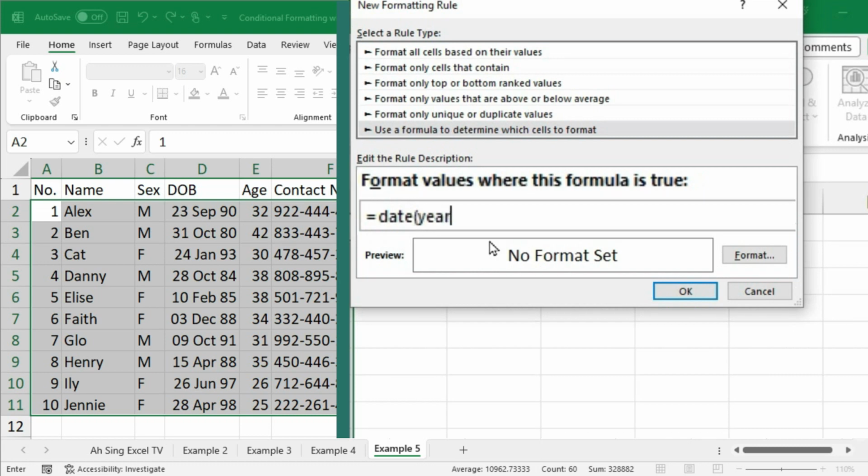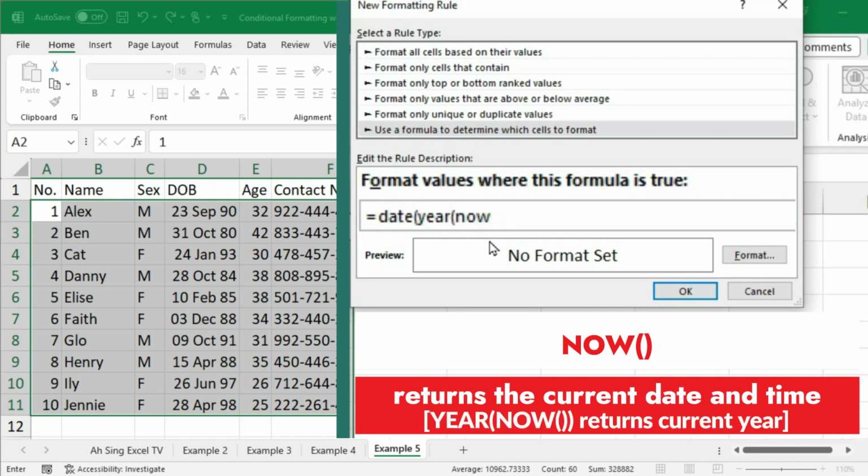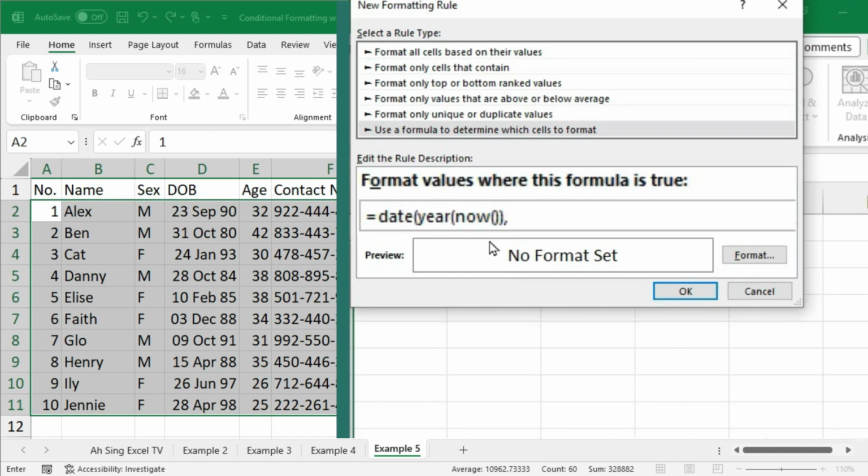So for the year, let's take YEAR, opening parenthesis, use the NOW function. Remember to include a set of parentheses for the NOW function, and now closing parenthesis for the year, make a comma. The second argument is the month, so we should have the month of the corresponding cell, which is always under column D. So we have to make a dollar sign before typing D, and the active cell is A2, which means that we should refer to D2. So type a 2 here, closing parenthesis, make a comma. The last argument is day, so we have the DAY function, bracket, also refer to D2 with column D fixed,